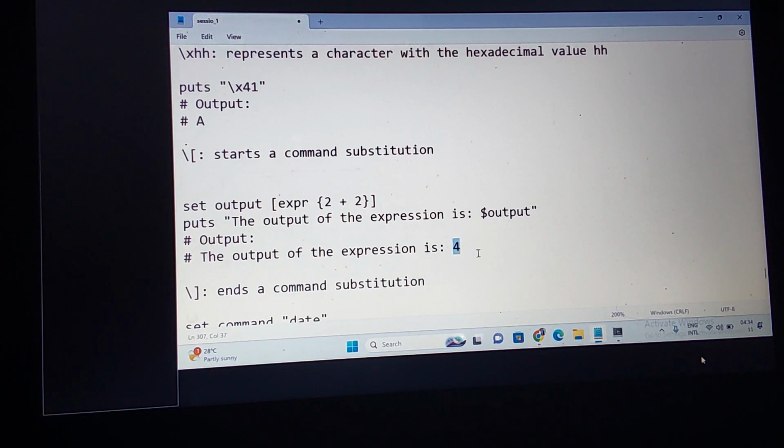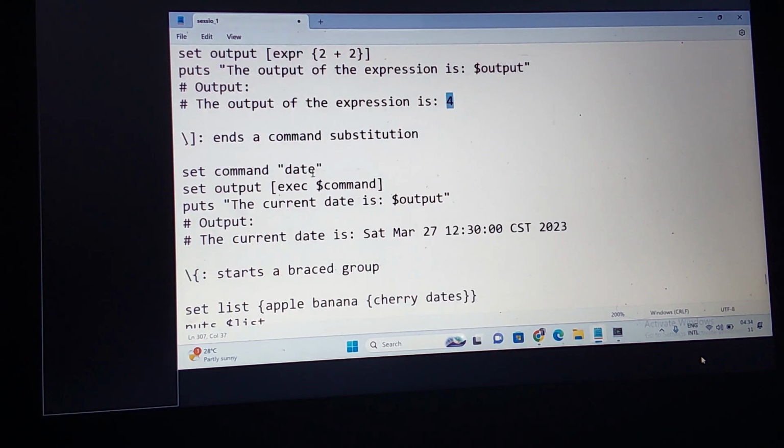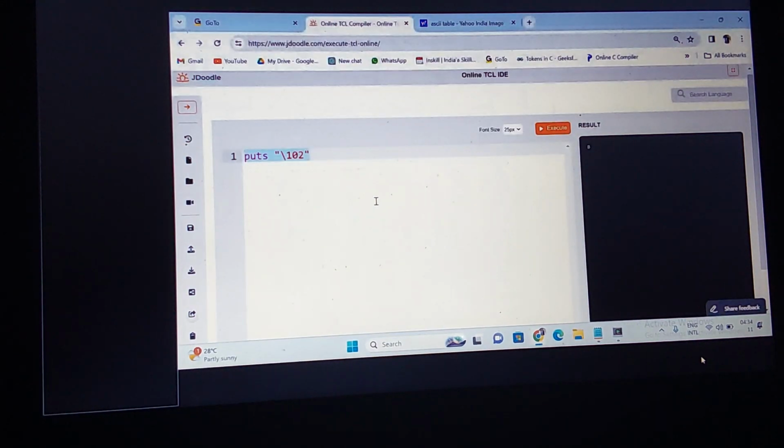It is printing 4. Let's do the same here also. Here I set the command: date, I am assigning to the command here. Command is a variable. Now I am using EXE, meaning execution. So execution of this command. What does this $command contain? Date. So it is going to evaluate it, execute it, and that will be assigned into the output. If I print the $output, what is it going to print? It is going to print the date. You can understand this? Okay, let us run this program.